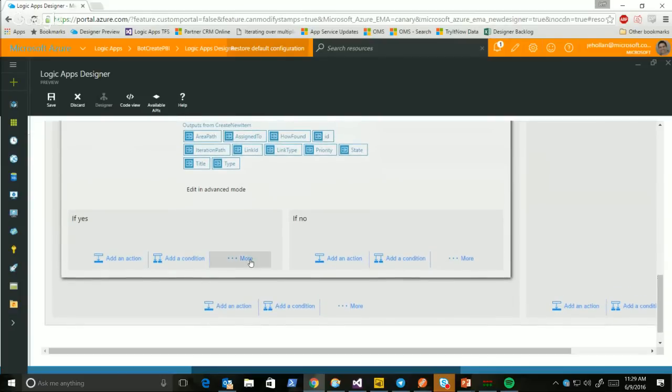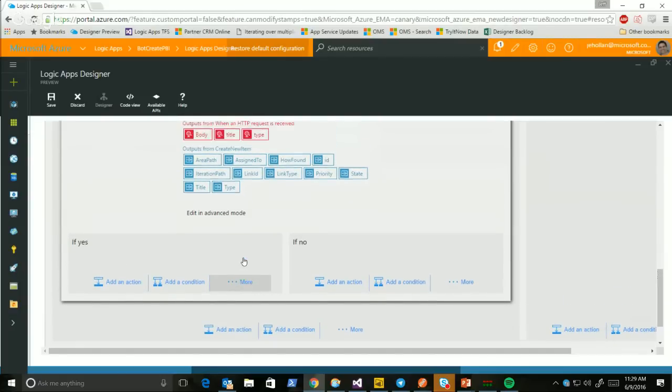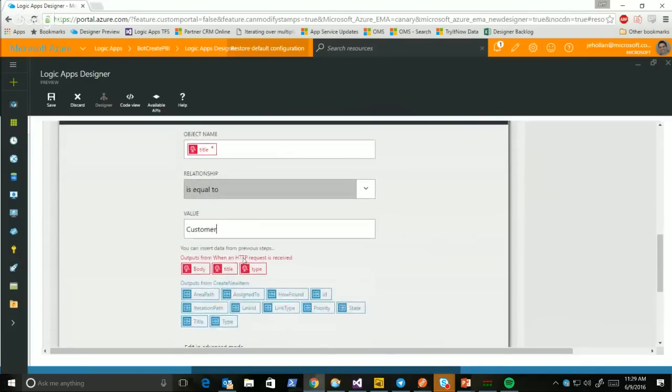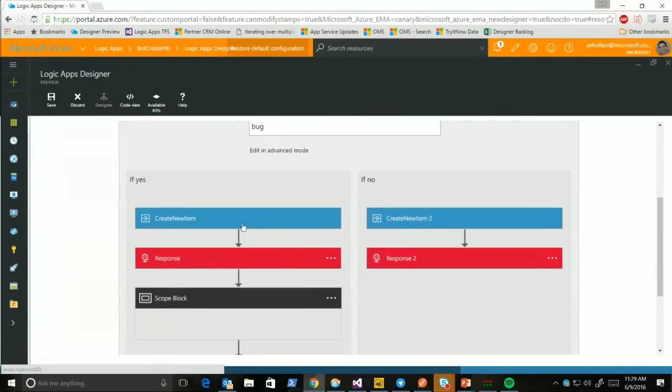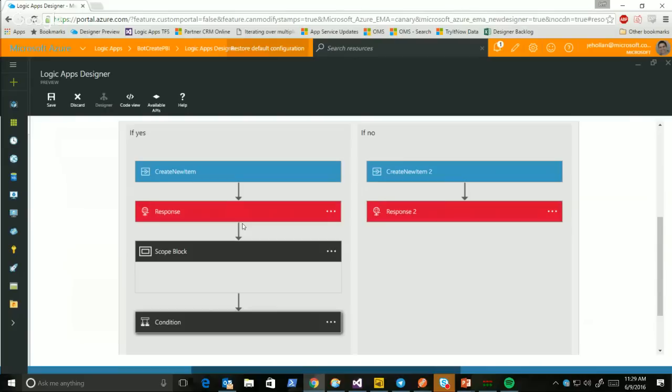So that's just a really quick overview of some of the changes that are coming very soon. Again, we have some UX polish that we're working on, but for the most part, this is ready to go. A scenario that in the current designer was a little bit tricky with nesting conditions is now just as easy as another click, and you're ready to go. So that's it for the demo.